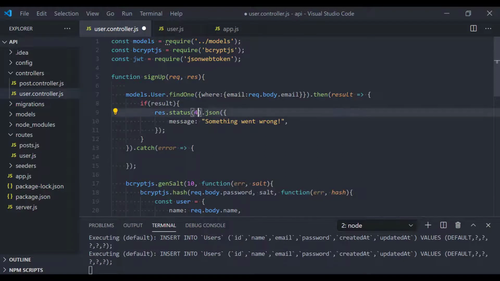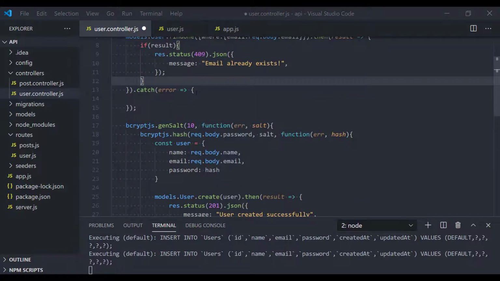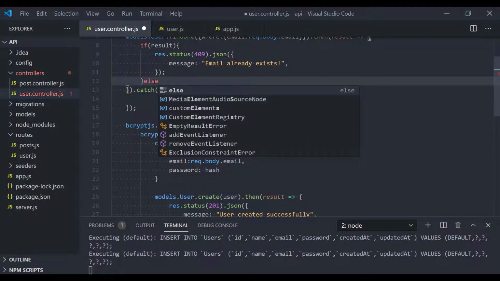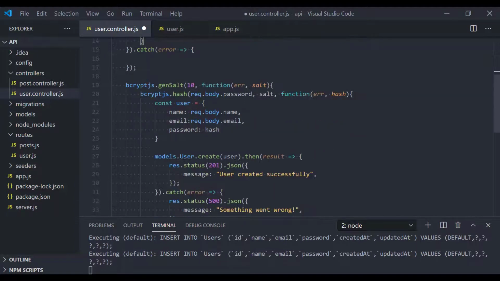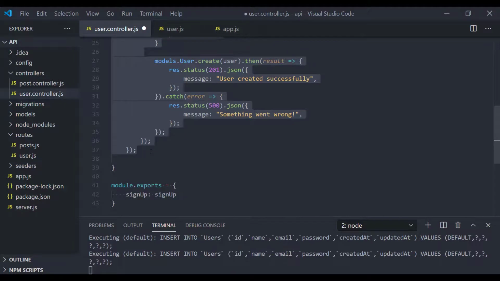For the status code, I'm gonna use 409 conflict, and the message should be like email already exists. And if it is not true, then we can run the rest of our code